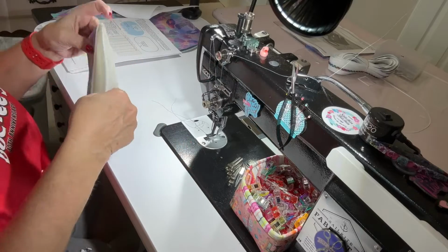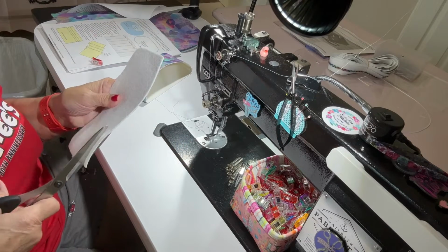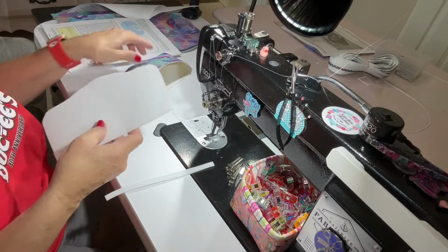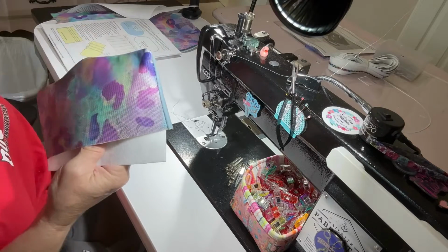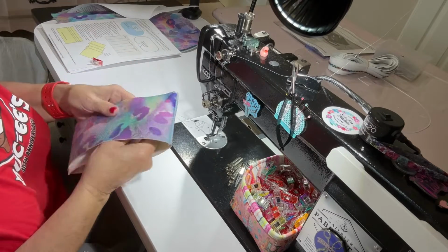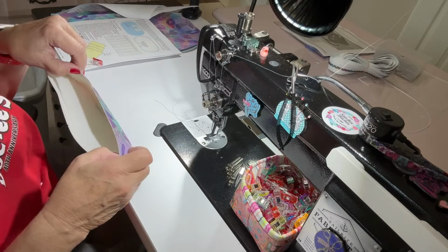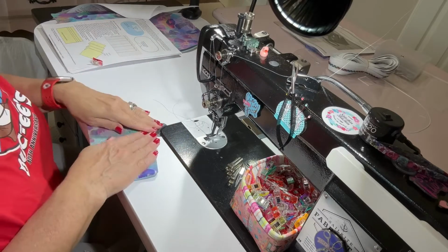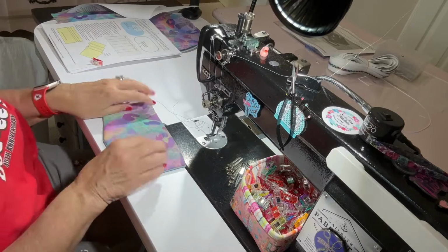Yeah, that's pretty good, except I'm going to cut off a good 3/8 of an inch here because I don't want that in the top when I sew this to the bag. I don't want that bulk in there. Perfect. Oh yeah, that gives that flap a lot more